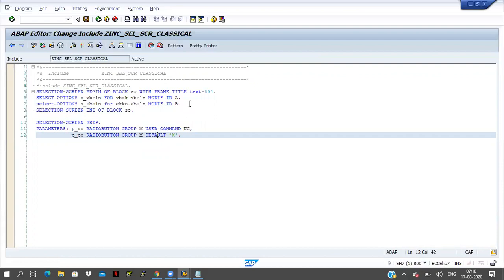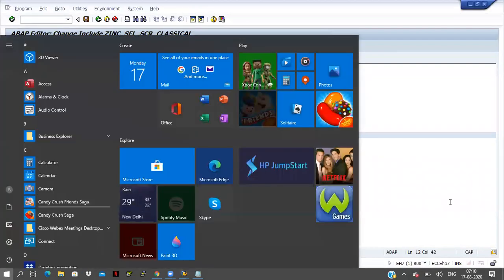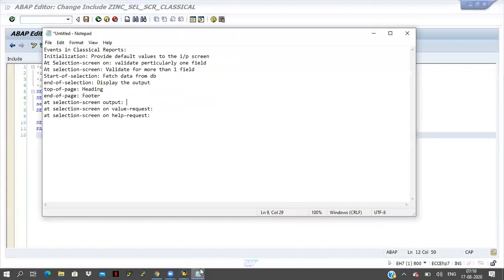Whenever you go for at selection screen output, by default the system will create one internal table. The internal table name is screen. The internal table name and work area name are both the same here, screen only.